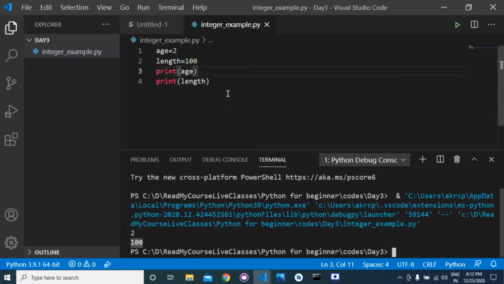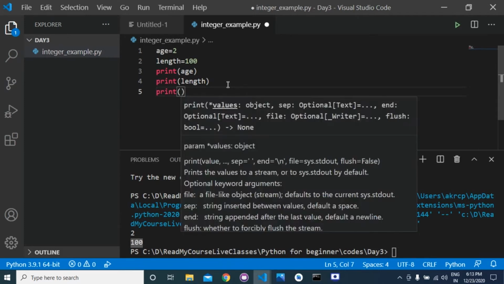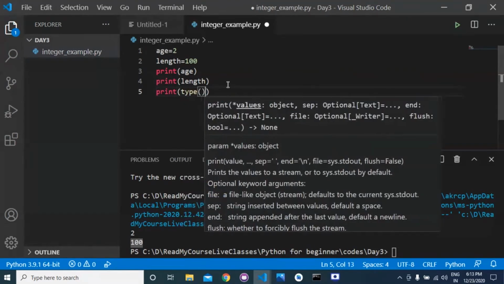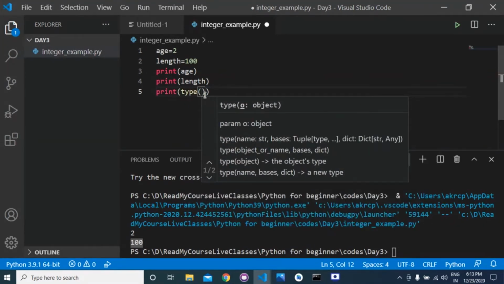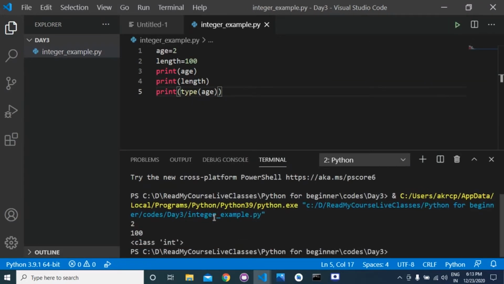If you have any data type, you can check the type of it in Python by using type, and then you need to pass here the variable, and then run the program. It is telling class int.